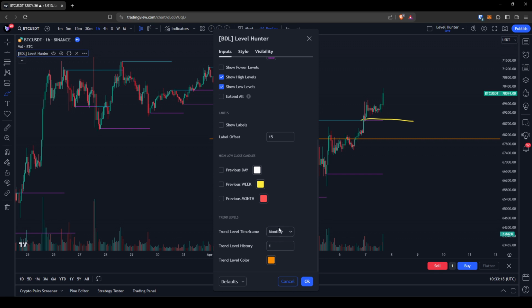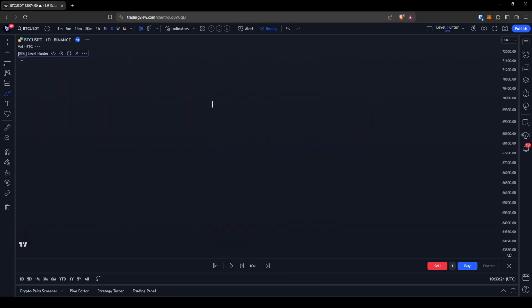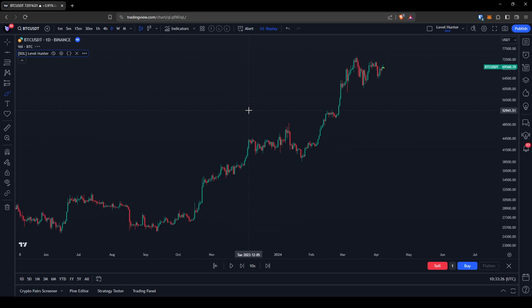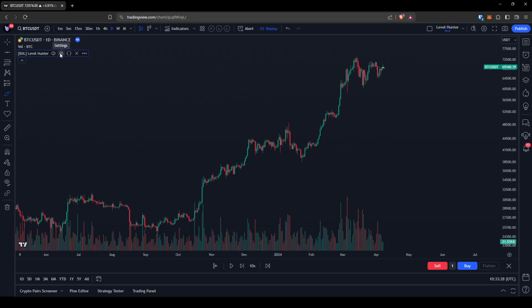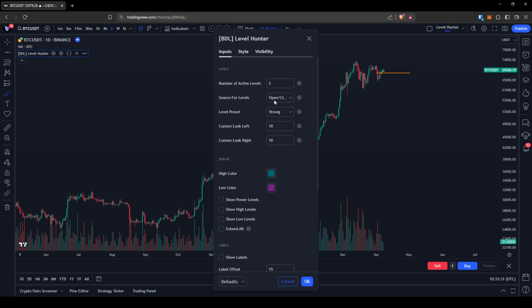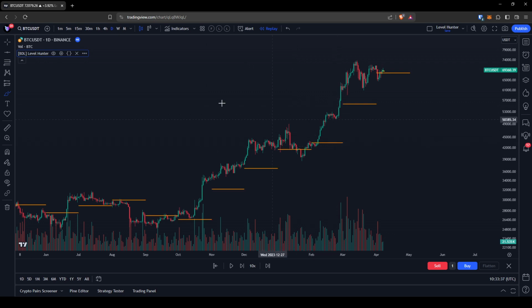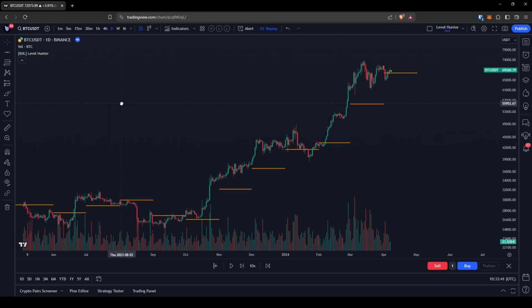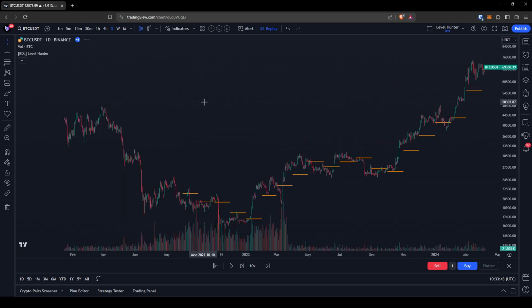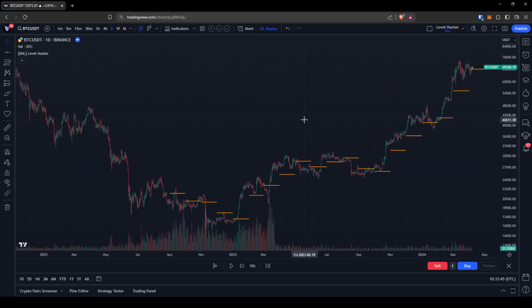So I use these because I prefer using levels. Some people use EMAs to find their trends, and that works for them. But for me, I like the fixed level. So if you go, for instance, to ETH,